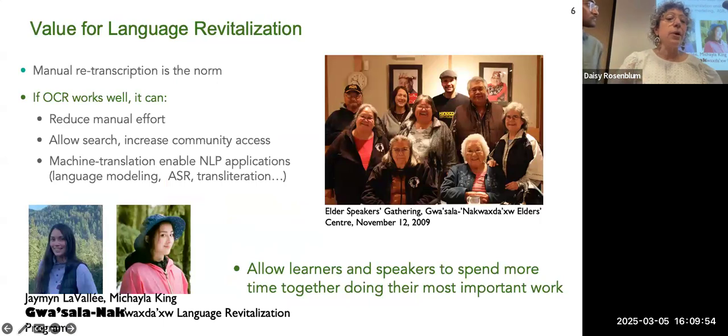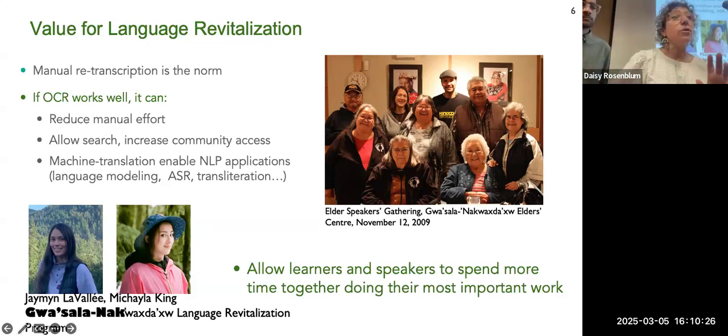These texts that we are working with have a really important value for language revitalization. People use them and access them a lot, and they tend to just retype them because they don't really have a way of getting them into the form they need. And maybe 4 or 5 people are really comfortable even reading them. And Boas wrote the language with 13 different types of vowels and diacritics.